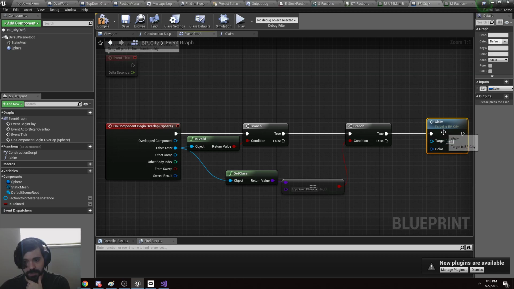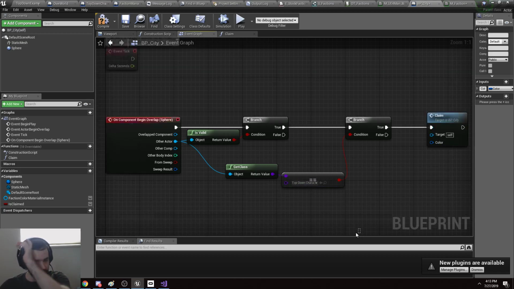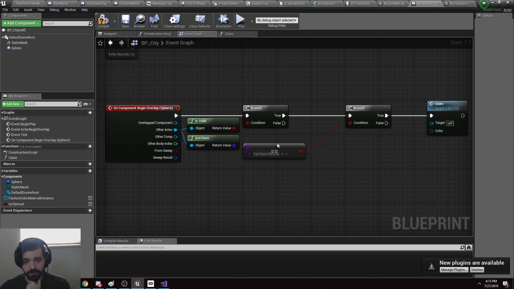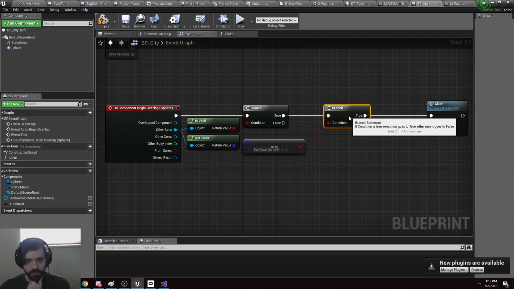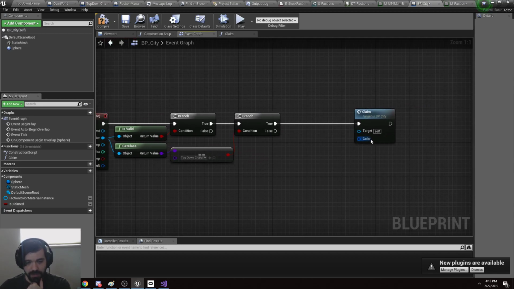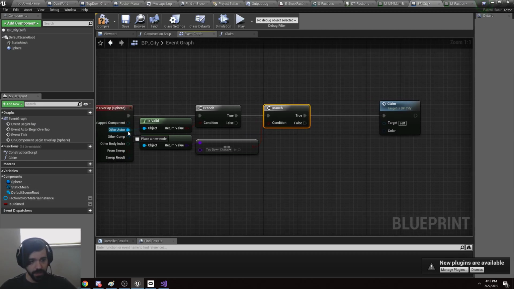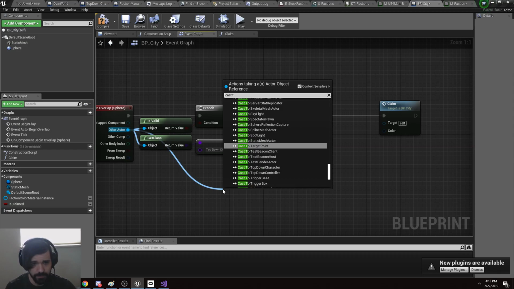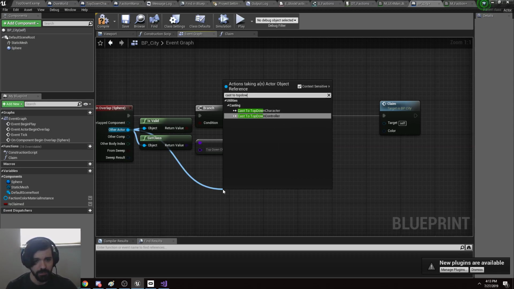Or we have the logic to make it so it can only get claimed once. Right now there's no way to unclaim, but there is a way to claim. But there is one problem here: we need to pop in this color. So what we do is we take in the other actor, we say cast to top-down character,